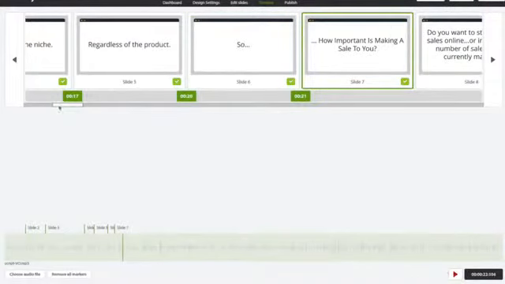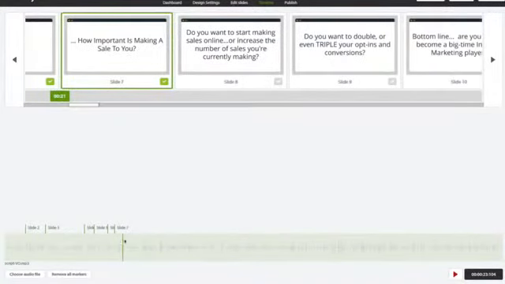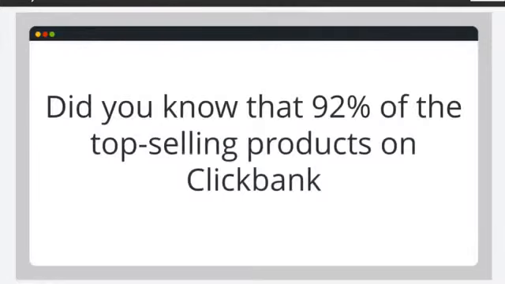So as you can see, guys, all I'm doing is walking through all the slides, and I'm just clicking the slide when I want it to show. Okay, so now when I click on preview,